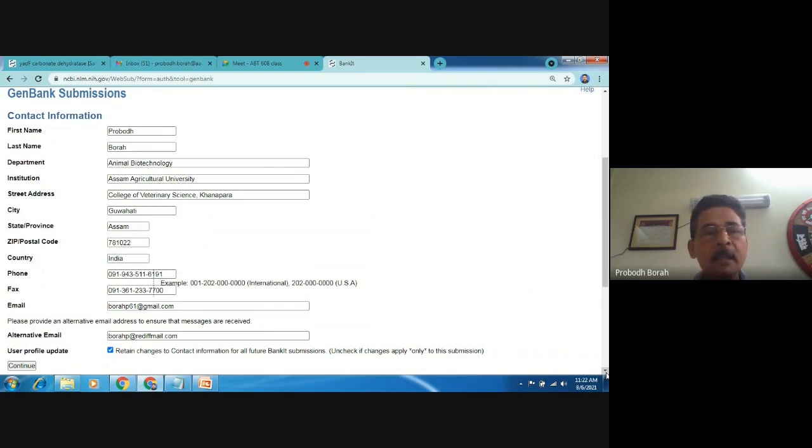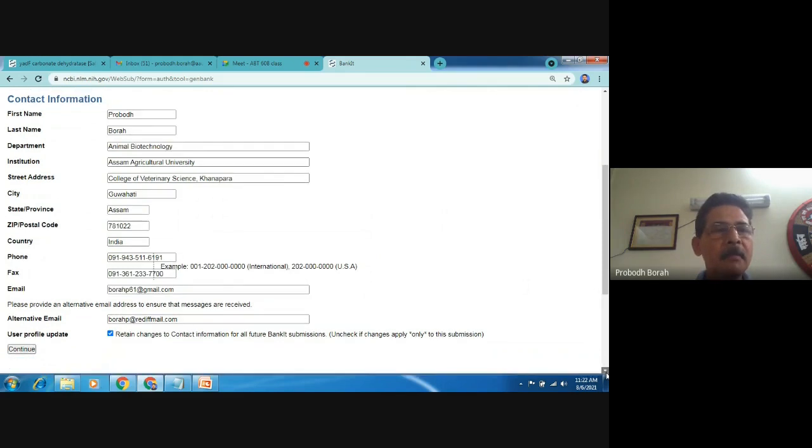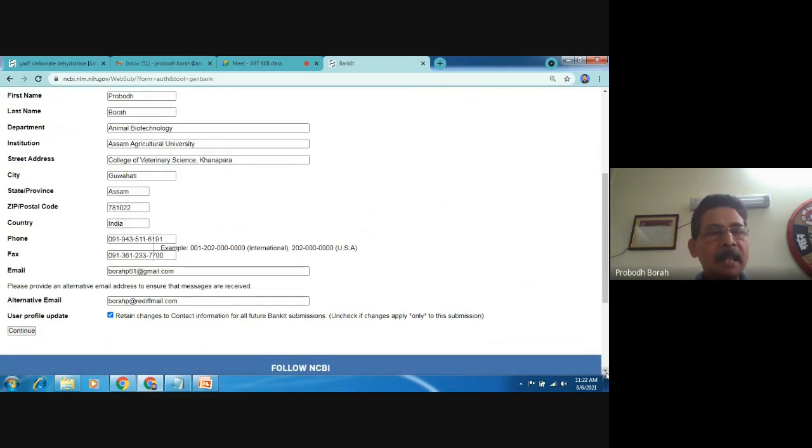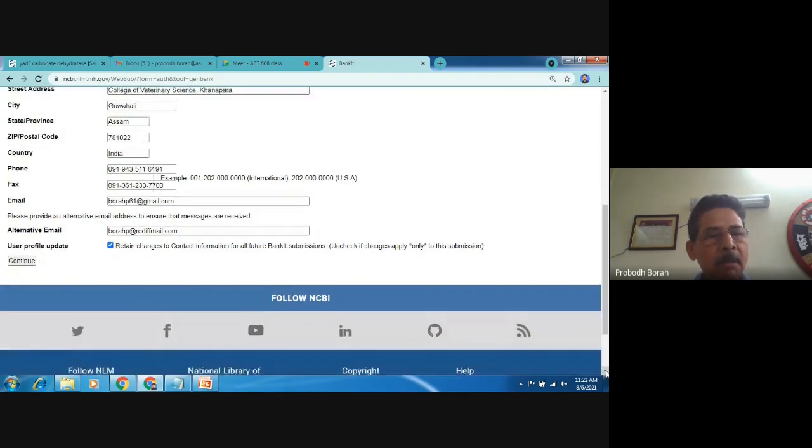But if you are entering for the first time after logging in, then you need to fill up this form: your first name, last name, department, institution, street address, city, state, zip code, country, your contact information like mobile number, email ID, alternative email ID, etc. All these things will have to be filled up. Then only you will be allowed to submit. But I have already given all these profile information to the NCBI account, so I can directly click continue.